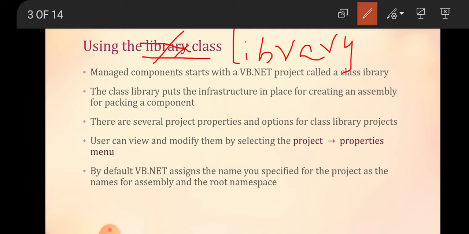Just remember, students, while we are developing a package program in Java programming, we save the Java program with the help of the class name, that is the package name. Just like here, by default VB.NET assigns the name specified for the project to both the assembly and the root namespace. Got it, students?